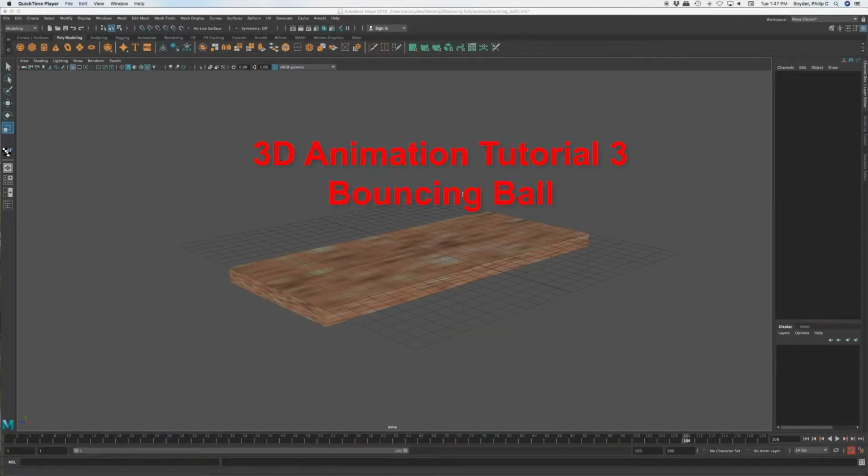Okay, so now that we have the animation finished, we're going to add some special effects. So first of all, let's create a new light. I'm going to scrub back to the first position, the first frame. What we're going to do is add a light so that that light will cast a